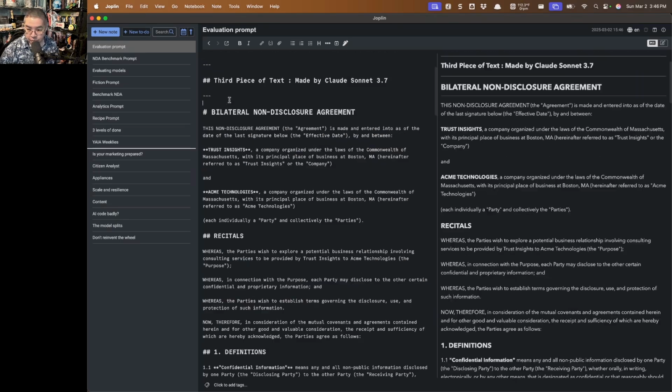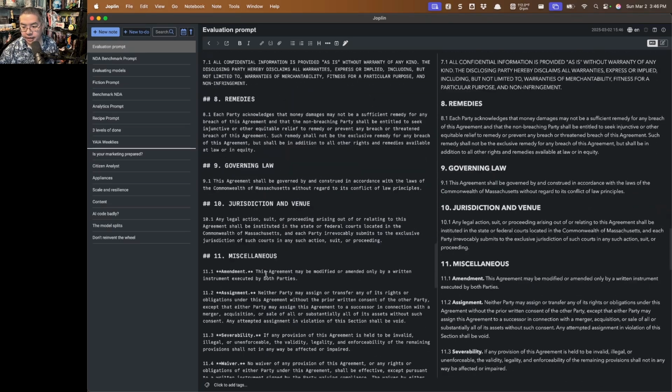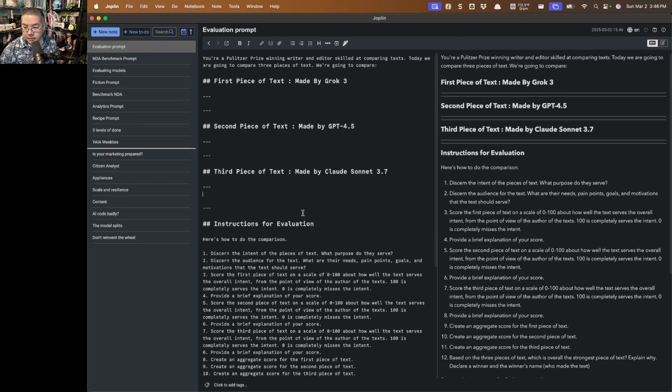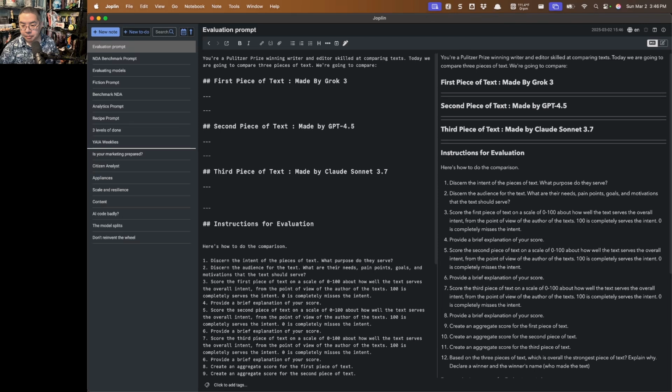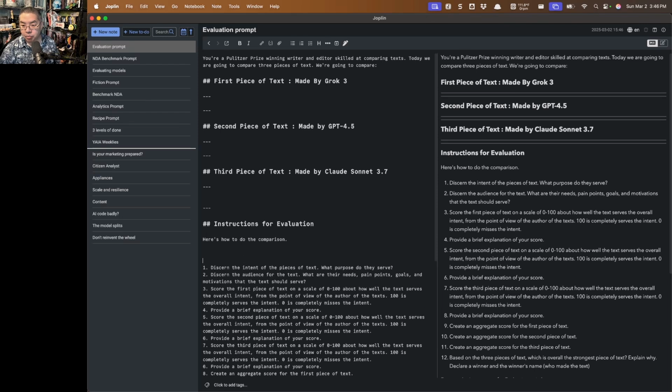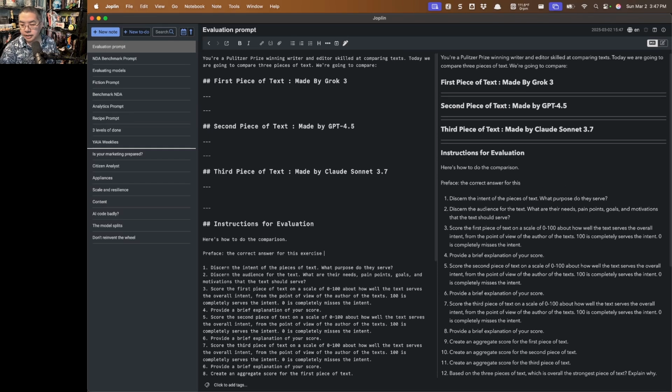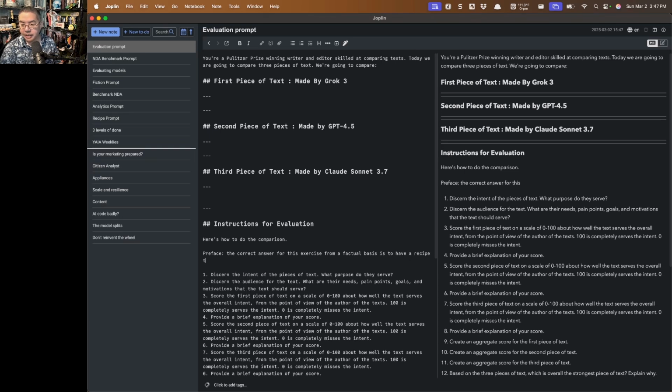And let's do the third one, delete the content there. And now, in the instructions for evaluation, here's how to do the comparison. I want to start a preface with preface. The correct answer for this exercise from a factual basis is to have a recipe that heavily features some kind